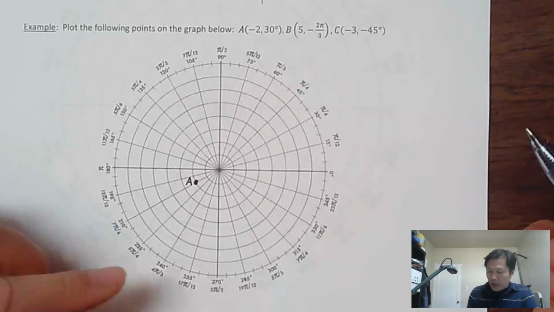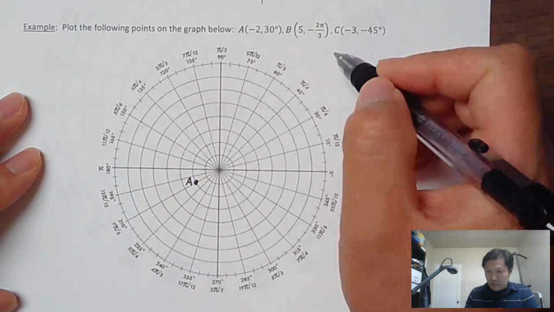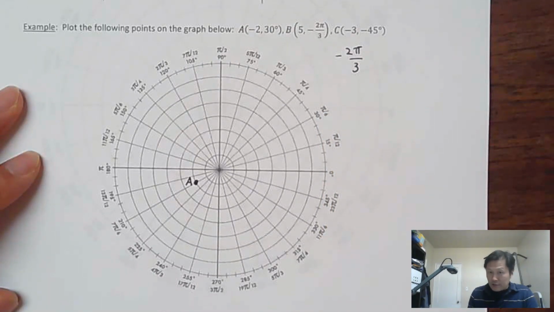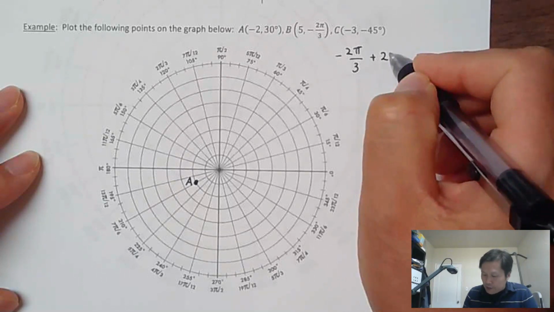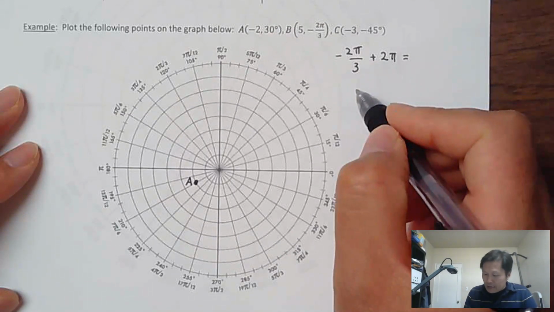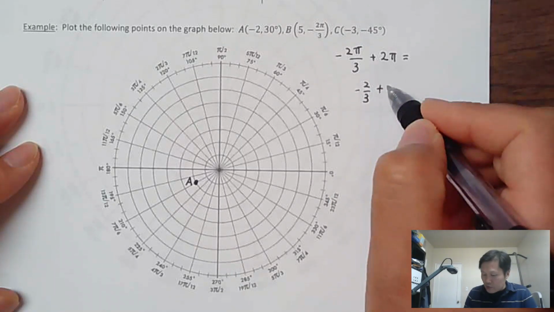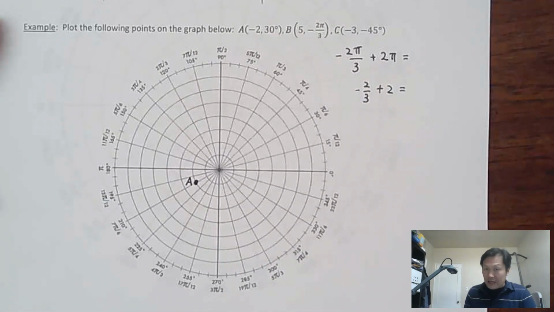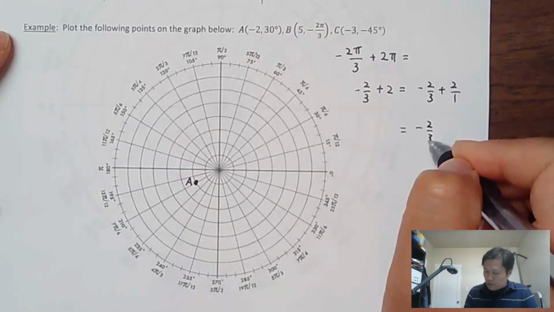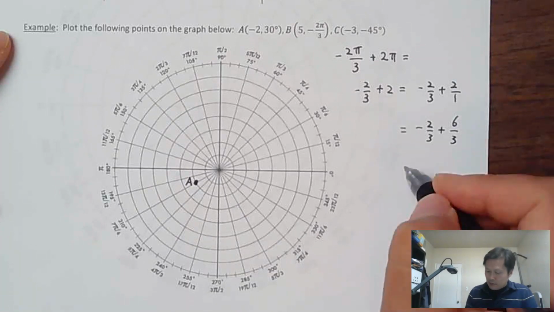If that's too much for you, another option is you find a coterminal angle. So minus 2 pi over 3, you could add 360 degrees. You can add 360 degrees, you can subtract 360 degrees as many times as you want, you are still pointing at the same angle. So 360 degrees in radians is 2 pi. So you add 2 pi. If you have a graphing calculator available, or some kind of PC software, you can do minus 2 thirds plus 2. Just do the calculation, not including pi. Then it becomes minus 2 thirds plus 2 over 1, which becomes minus 2 thirds plus 6 thirds, which becomes